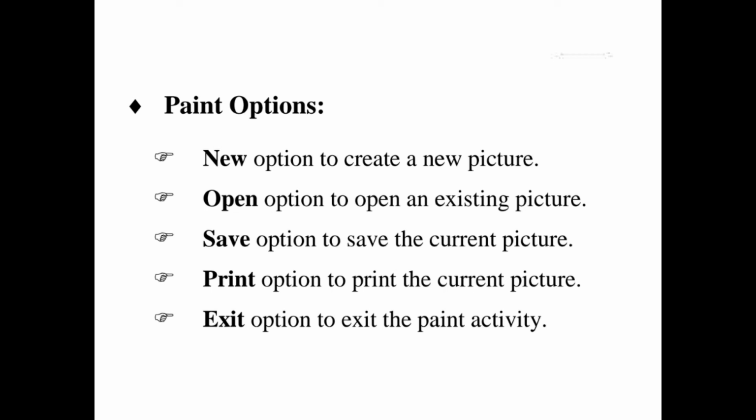If you draw on a computer, after completing the drawing, we have to save that picture by giving it a suitable name. After saving, suppose on the next day you have to open that picture, you have to use the open option. The third one is the save option, which is used to save the picture in your computer in a specified location. After drawing a picture, you can save it by using the save option.